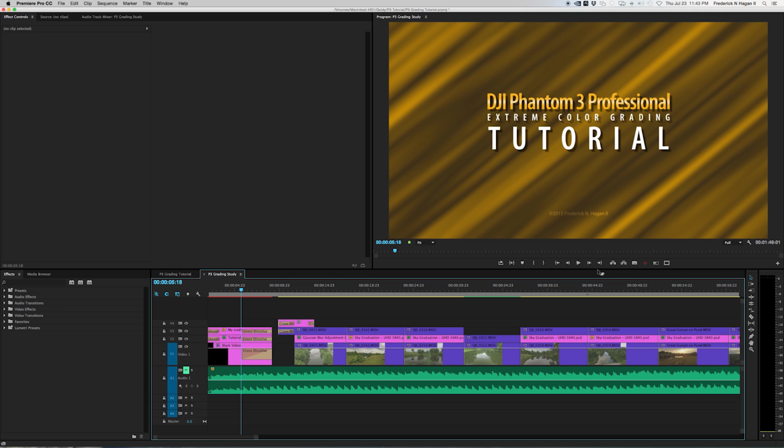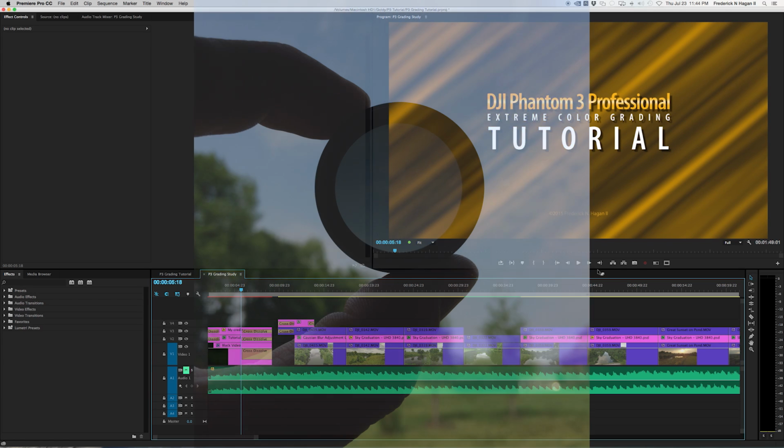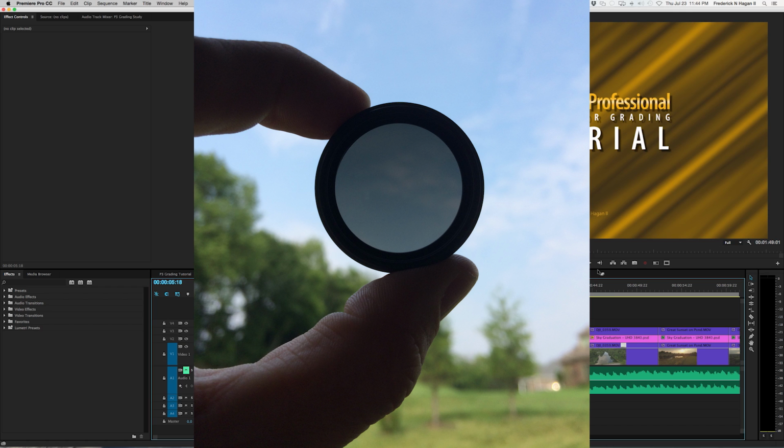A new filter that I've been using, all of my filters that have been used in this tutorial are from Snake River Prototyping, SRP, and I'm using the ND CP8. It's a combination of an ND filter and a circular polarizer. I'm using the ND CP16, and the new one that they have out that is just wonderful, it's called a GND 16:8. It's a graduated neutral density filter that's 16 ND on top, much darker, and then it graduates to 8 on the bottom. And this thing is just fantastic because